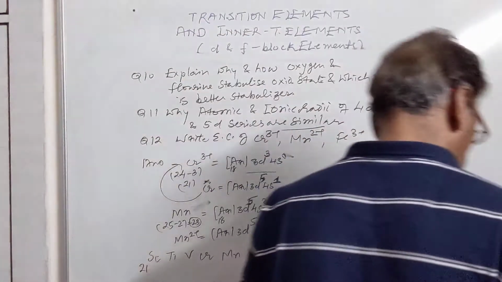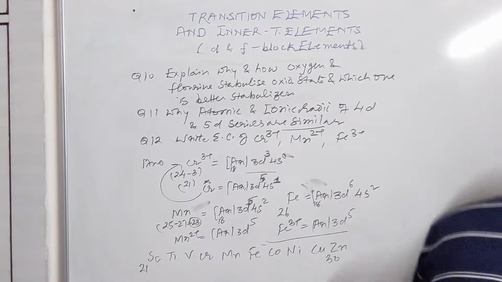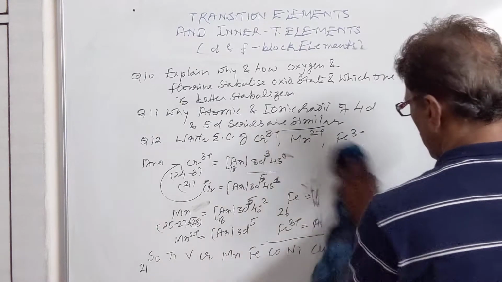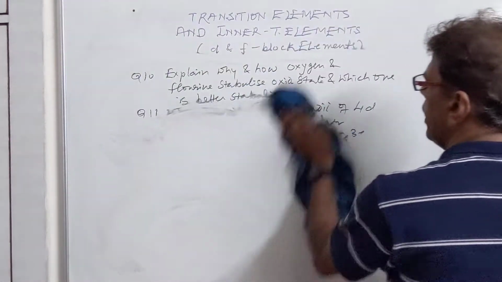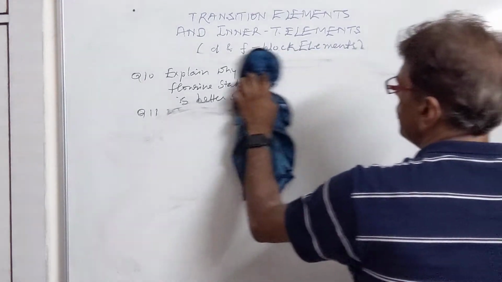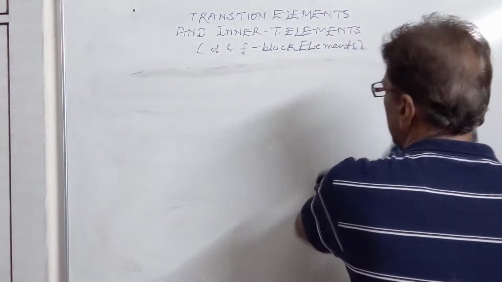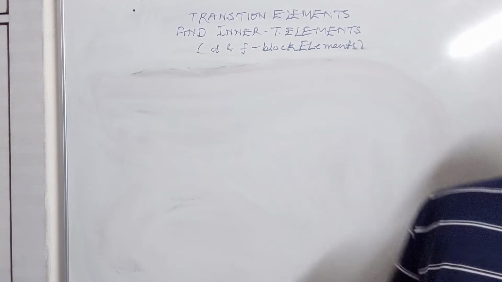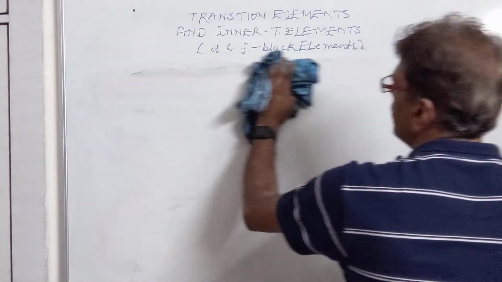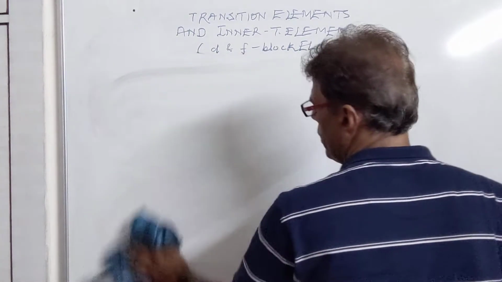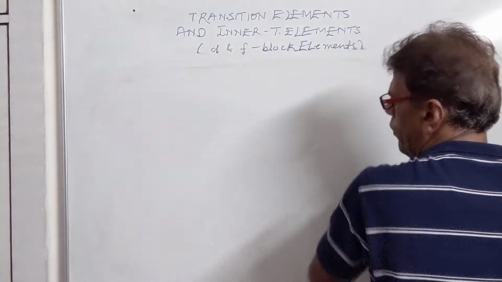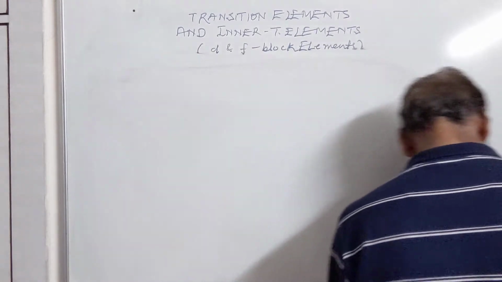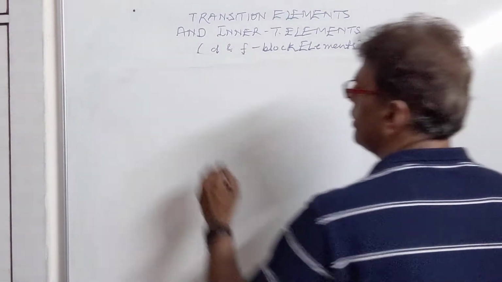Then we have a very important question, what are coinage metals? Why is mercury liquid? Because of weak metallic bonding and absence of covalent bonding among mercury atoms. Due to the filled d subshell, it doesn't have partially filled d orbitals, so it does not form covalent bonds, and the metallic bond is weak, that's why it exists as a liquid.